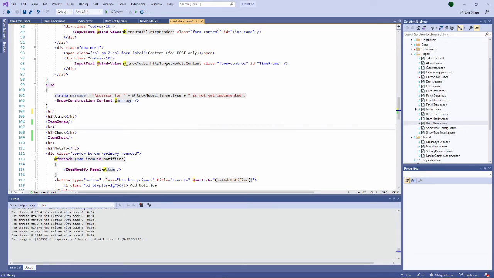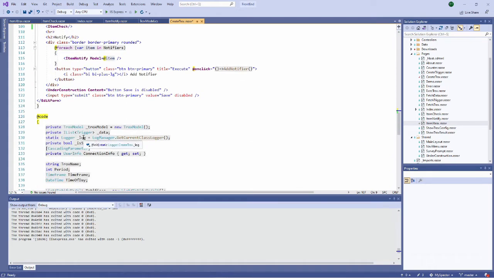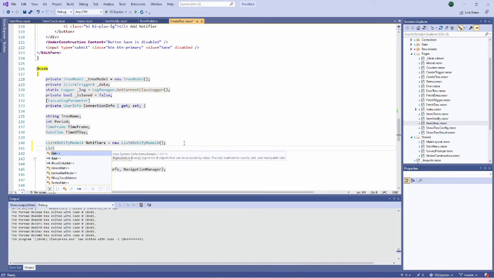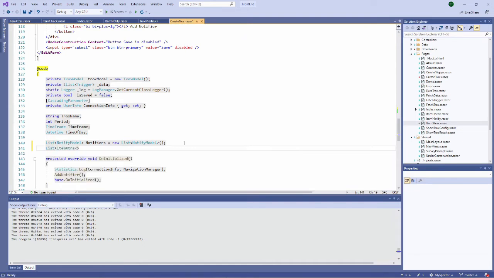One first idea is to say that as the item extracts class is available, I'm going to create a list of item extracts. This will be my extracts, and I want it to be a new list like this.